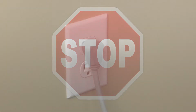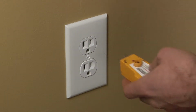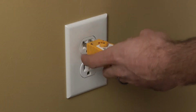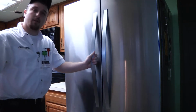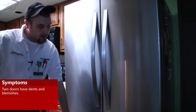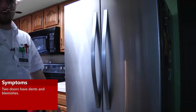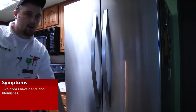Stop. Before beginning any repair, always be sure to disconnect the power to the appliance. It is also recommended to test the outlet for the proper voltage. What we have with us today is a Whirlpool French door refrigerator. The complaint is that the doors on the left side and on the bottom have blemishes on it. So today we're going to be doing a full door replacement on the left French door and the bottom freezer